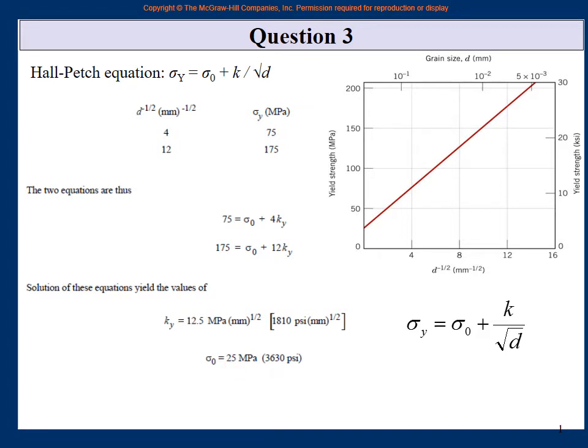Again, this is very simple. If you understand that this is a graph for the Hall-Petch equation, then any point on the curve satisfies the Hall-Petch equation. So take any point 4 and find the other value, 12 and the other value, or 8 and the other value. If you are drawing the lines correctly, there can be only a small error of half, 1, but there cannot be an error of 10, 12, 15 if you are drawing the lines carefully. So this is the graph for the Hall-Petch equation. Take any points. For point 1, write the Hall-Petch equation. For point 2, write the Hall-Petch equation. You have two very simple linear equations. You just add, subtract, multiply, and find the two constants.